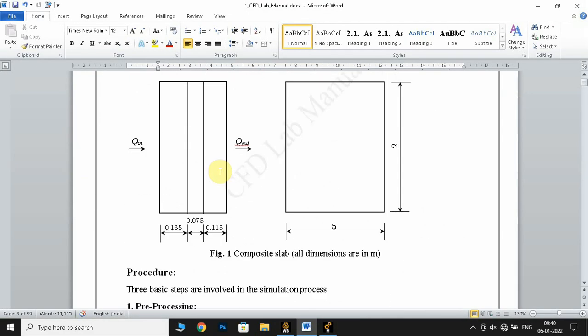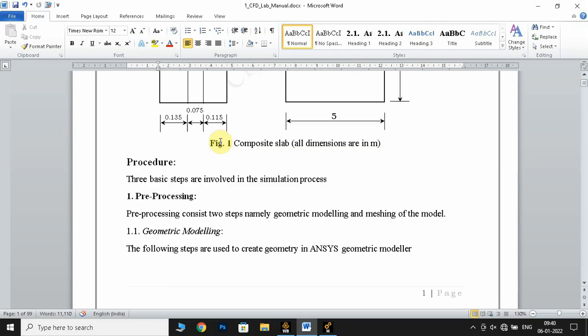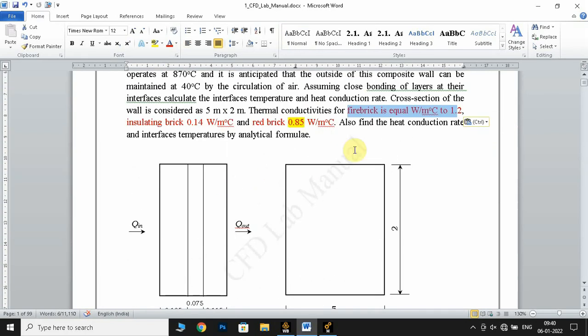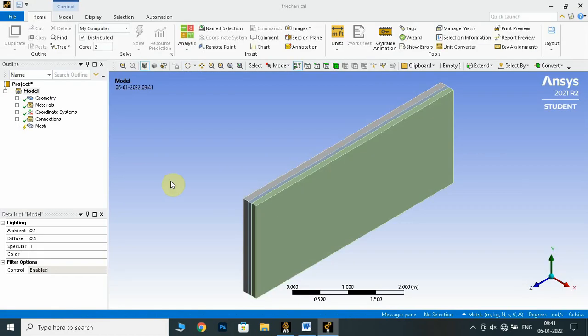I have named this as wall 1, this as wall 2, this as wall 3, this as wall 4 in ANSYS. That is the named selections part. Also I gave the engineering data like thermal conductivity, but I did not assign those values to a body. That means I gave fire brick thermal conductivity as 1.2, but I didn't assign the value to the fire brick solid. So we will do that in this.